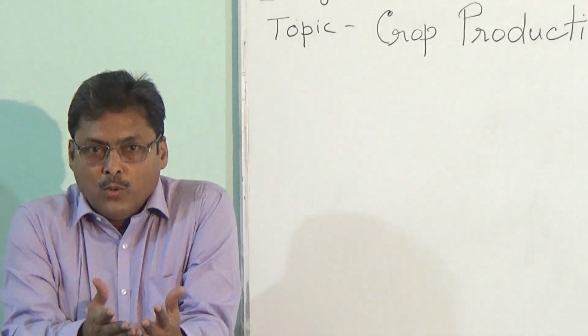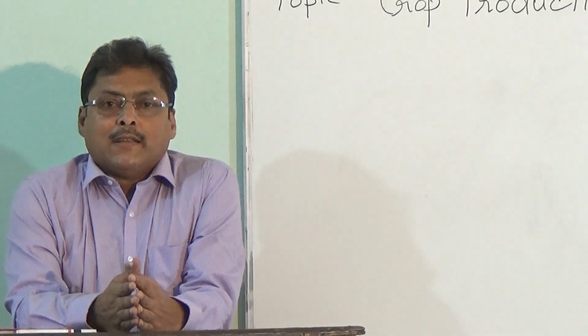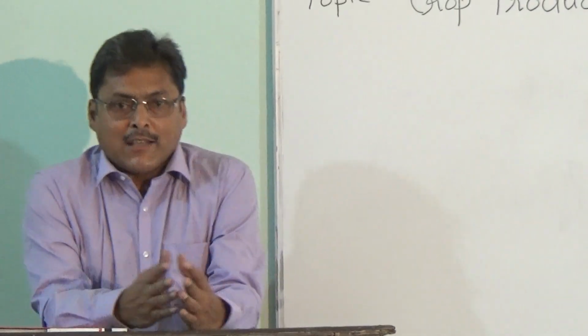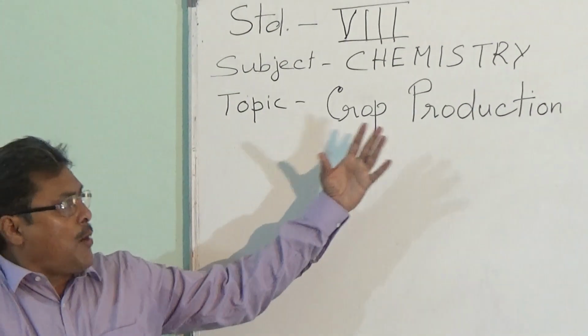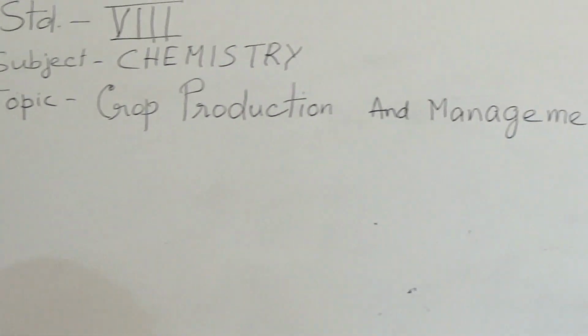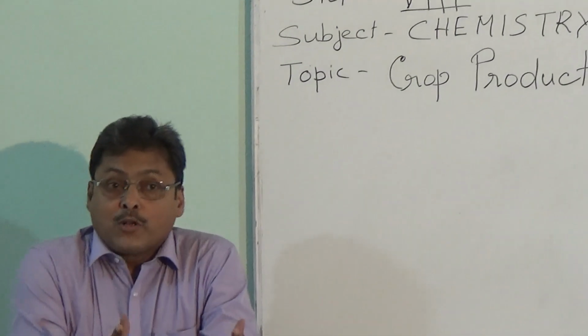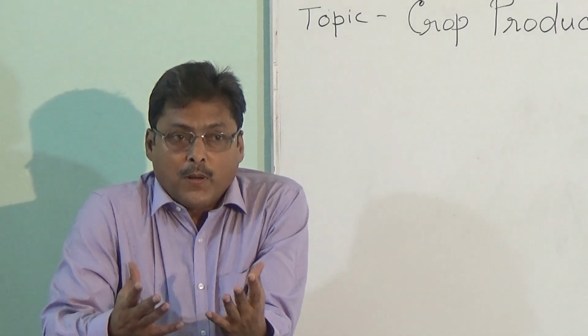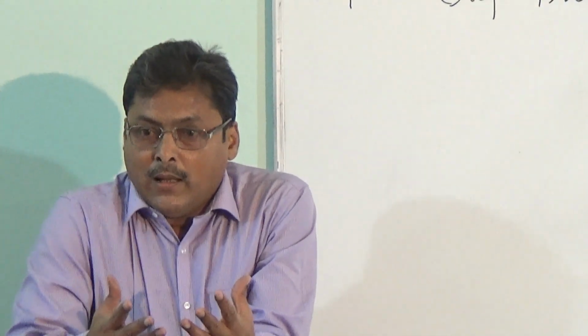Today we are going to discuss the first chapter in your science book, which is crop production and management. It sounds very easy. Crop. We live in rural surroundings, so crop production is not a new word. In your daily life, most of your families are connected with farming also. But it's a vast, very important topic, crop production and management.